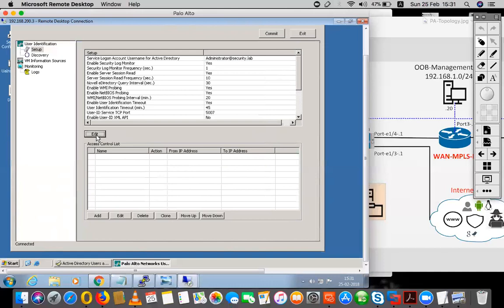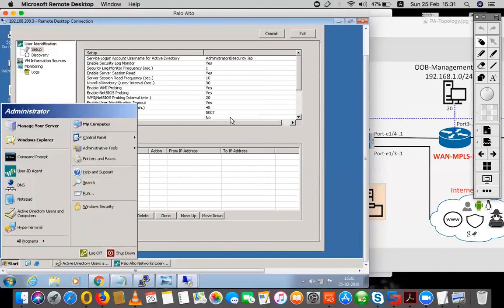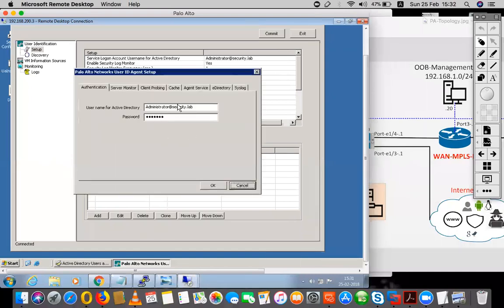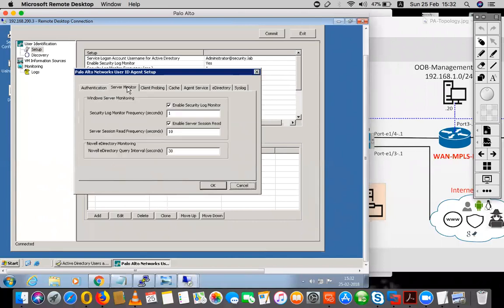The reason it picked up the username and password was because we have logged in with that service account. So make sure that you log in with that service account. Okay, so now once we have integrated the service account, we will go ahead and